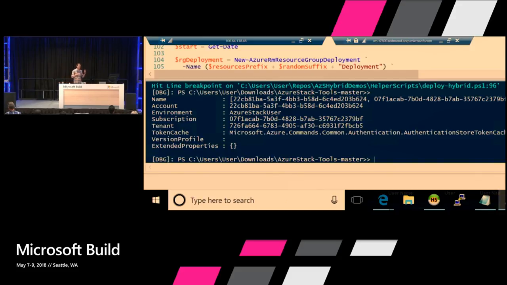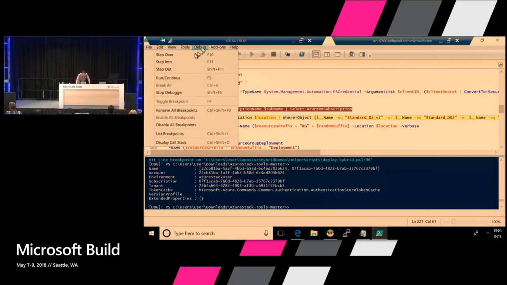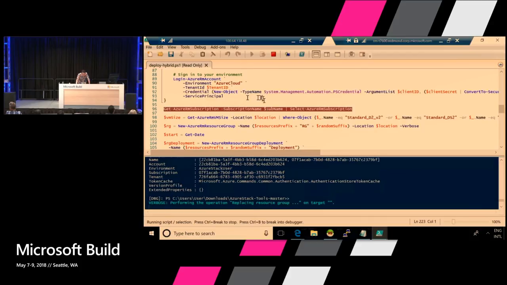And again, environment is a concept of the tooling, which is basically whether you want to target the public cloud or the sovereign clouds or Azure or Azure Stack, you specify the endpoints. Great. So the only thing I did is specify the endpoints for my Azure Stack. Now the output of the command is exactly the same. The objects are the same because indeed the SDK is the same.